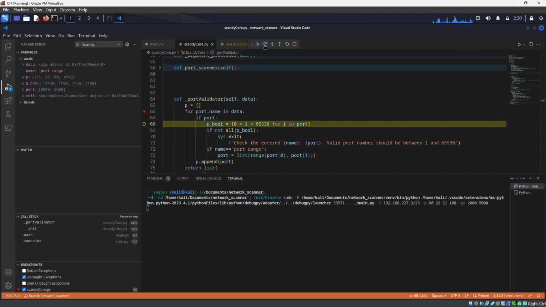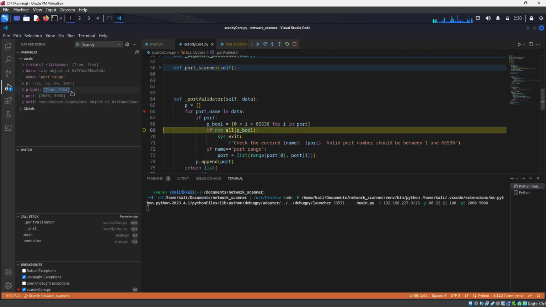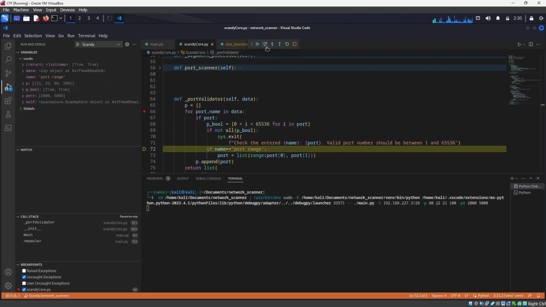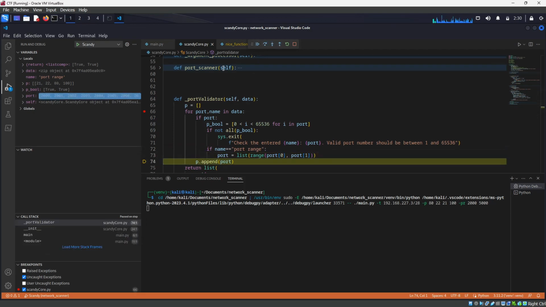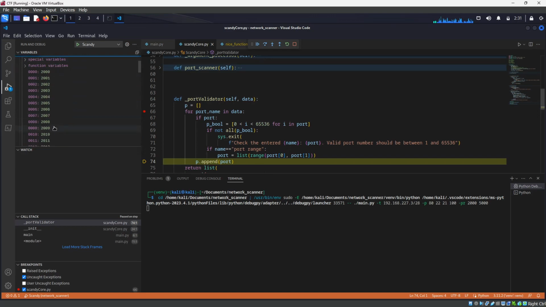So our people all are true, so this condition will not be satisfied. And then now, since the ports and the port range, the name is the same, we expect to okay. So now you can see the port is now the list of all of them. Perfecto. I think the only problem is that I will have to increase the range +1 so that it includes the last value,